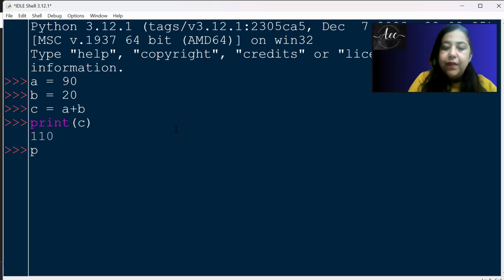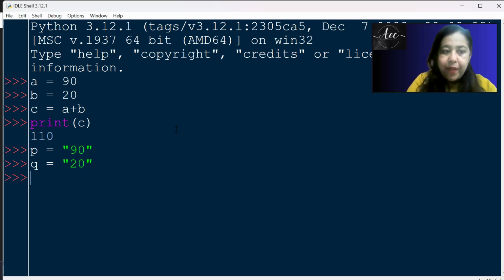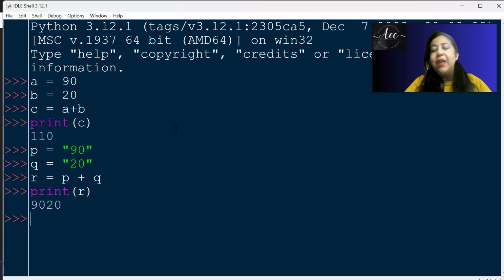Now, I'll show you another thing. Let's say I have P and I put 90 in quotes. I told you whatever is in quotes is treated as a string in Python, right? Then I write Q is equal to 20. And then I write R is equal to P plus Q, and I'm going to print R. If I do that, I'm getting